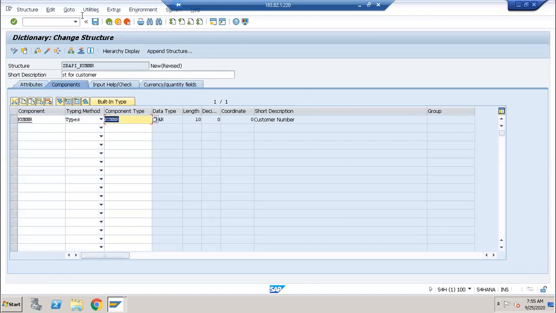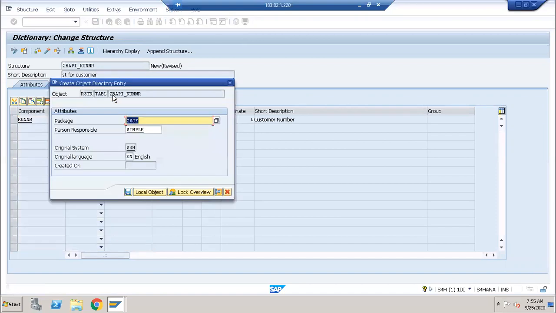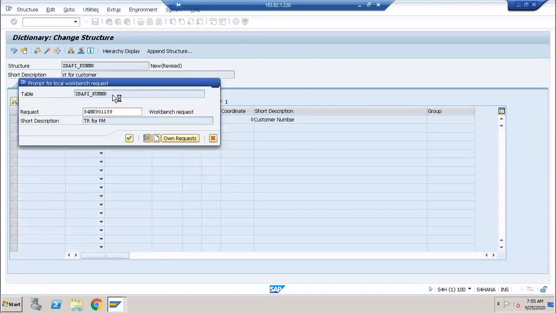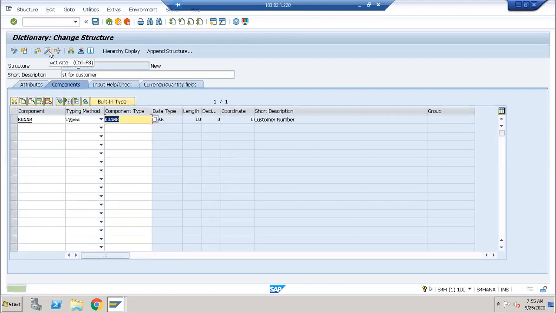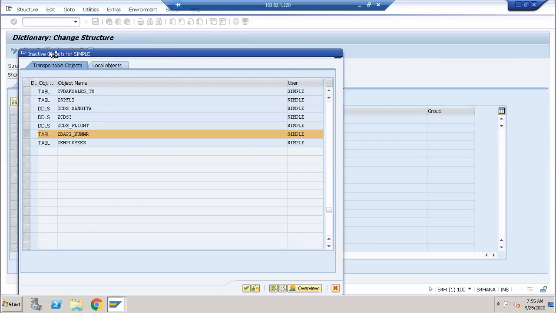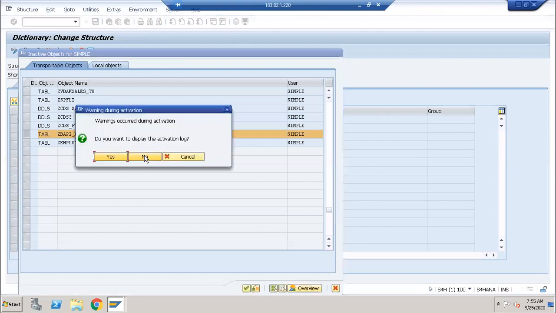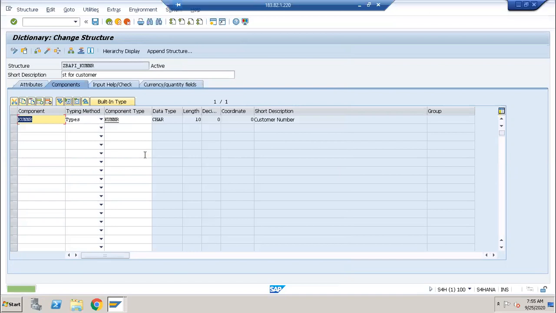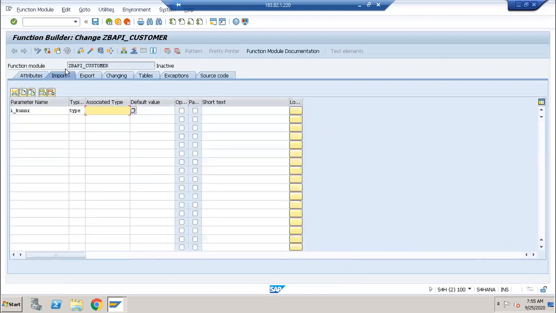Okay, now save it, activate it. It is activation flag enhancement category, so the object is activated. Now I will use this structure name. Directly I am not passing the data element, data type and length here.